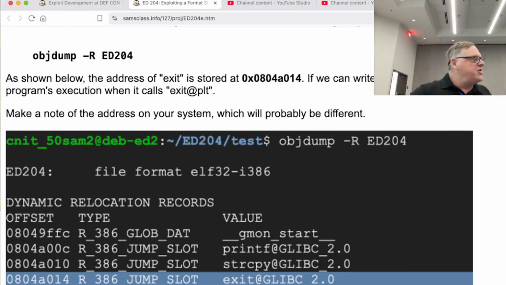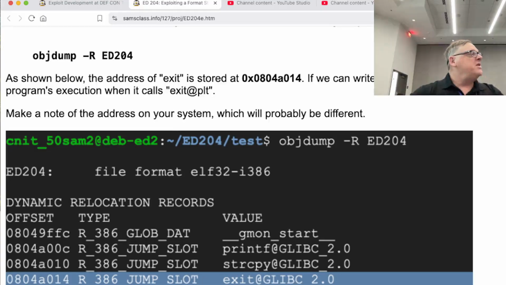This is not the actual address of the C libraries, it's the pointers to the system libraries. But the point is, if I write a different address to this location, then when the program tries to exit, it will go there instead. So this is a place where if I write there, the execution will use that address. So that's how you gain control of the EIP with a write operation. There are other places, but this is one handy place.